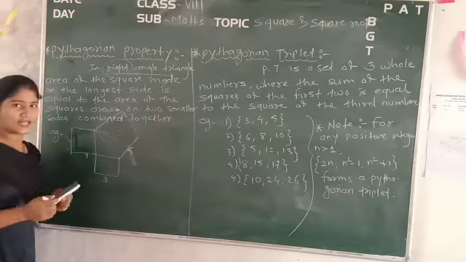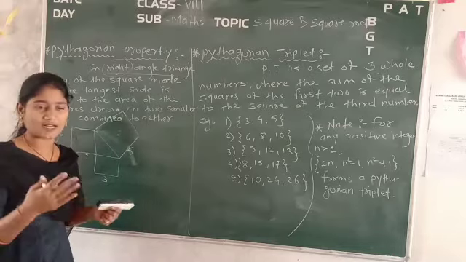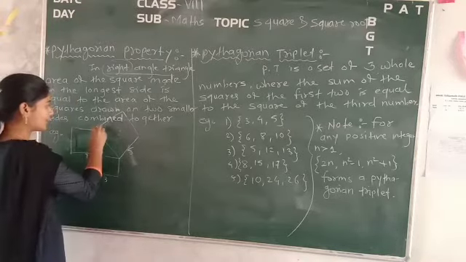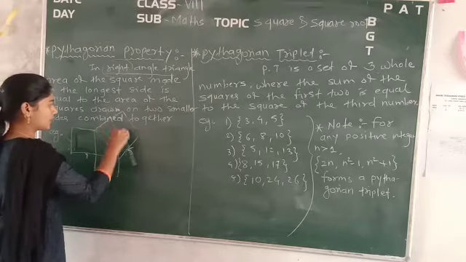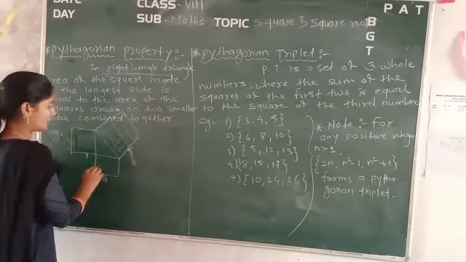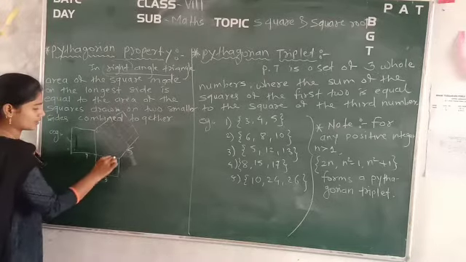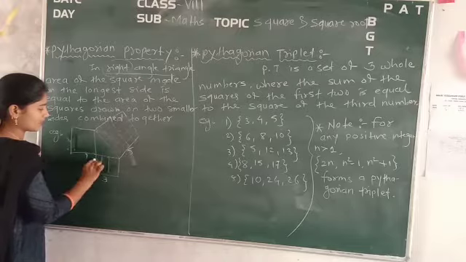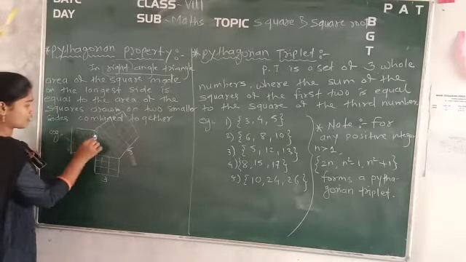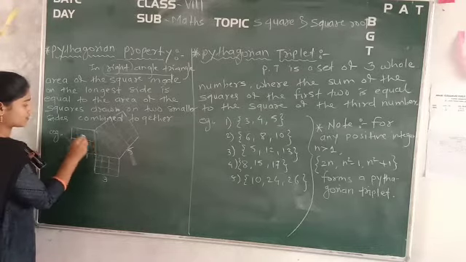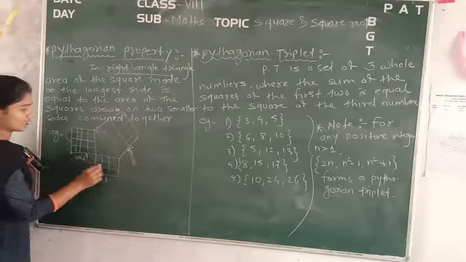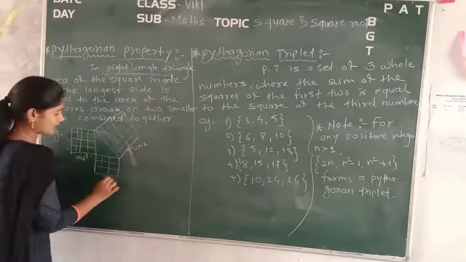Like this you have to do this activity by taking 3 craft papers. One is of 5 units: 1, 2, 3, 4, 5. Again you have 5: 1, 2, 3, 4, 5. Again you have 3 units: 1, 2, 3, of equal size, and here also 1, 2, 3. Here 4 is there, so 1, 2, 3, 4, and 1, 2, 3, 4. So this is the 4 unit area, this is 5 units, and this is 3 units.